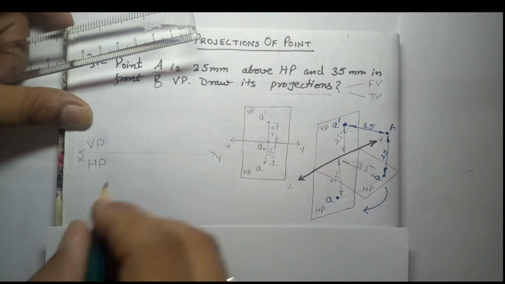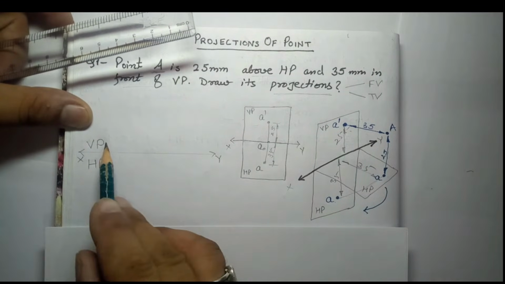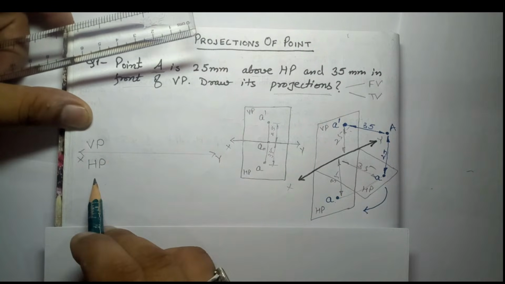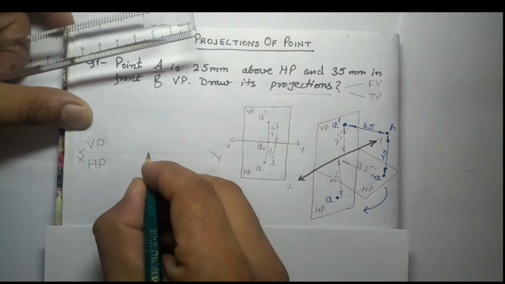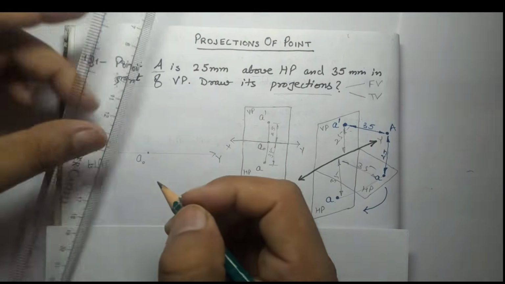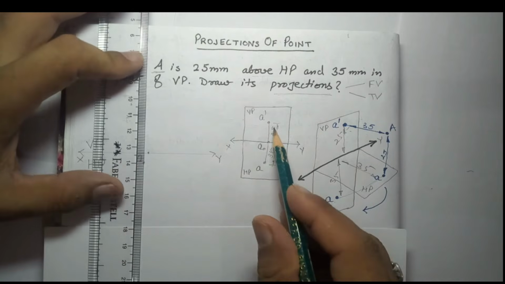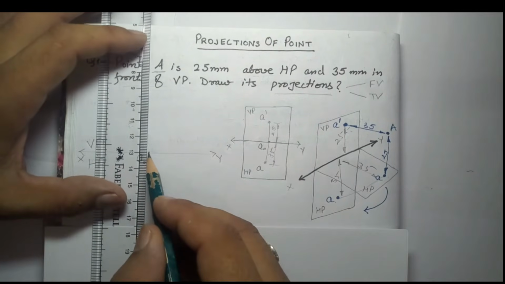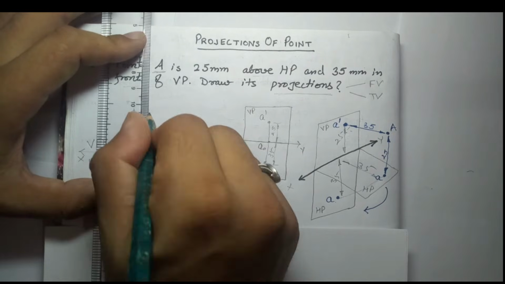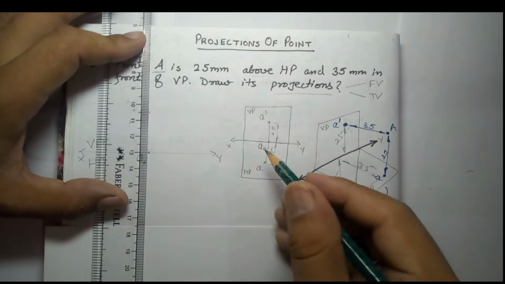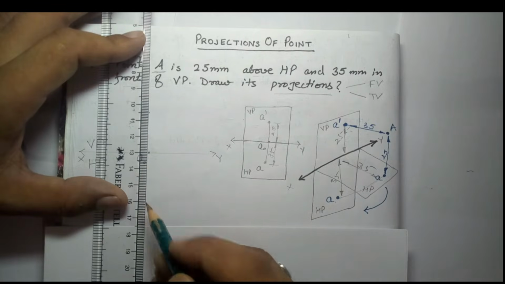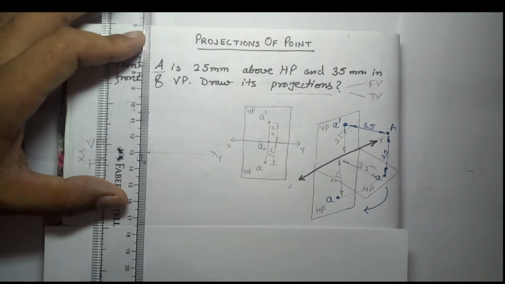Now you are not allowed to use pen. The whole area is VP, it is representing like this. Whole area below xy is HP, it is represented by this. Now we take a start point, let's say this is the A node. After this it is having 25 distance, so you can start from any point, let's say this 1 2 25, mark the point. So this is your A dash, and 35 below, so again you can count the distance, 1 2 3 and then 5, so this is 35.